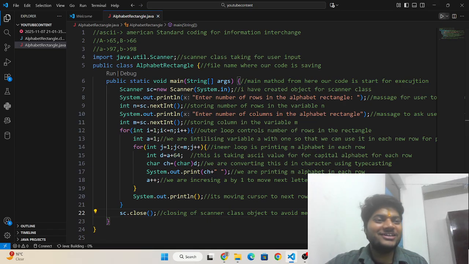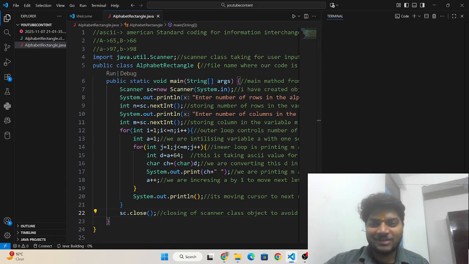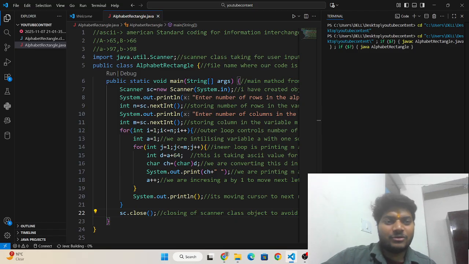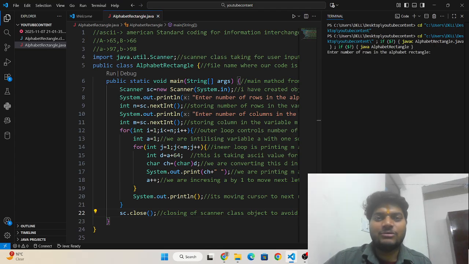Now I am going to run it again, and you can see I have written code. I have made a mistake in between. Okay, unfortunately, but it is the way we can learn; we can't learn everything in one go. Okay, we are also learning it, so don't worry. We have to focus on where we are making mistakes. We have to remember that mistake. We don't have to make the same mistake again. We have to keep this in mind.